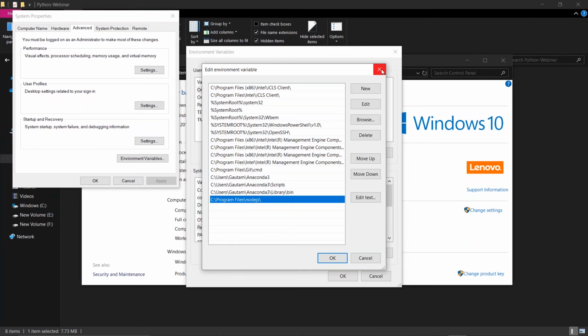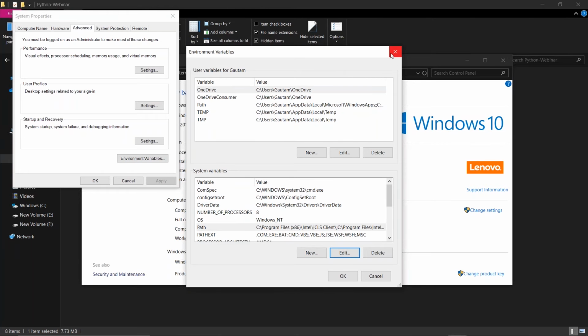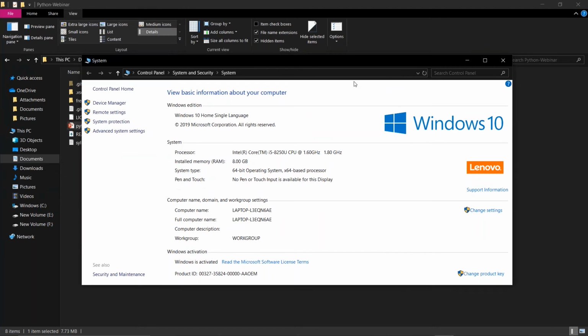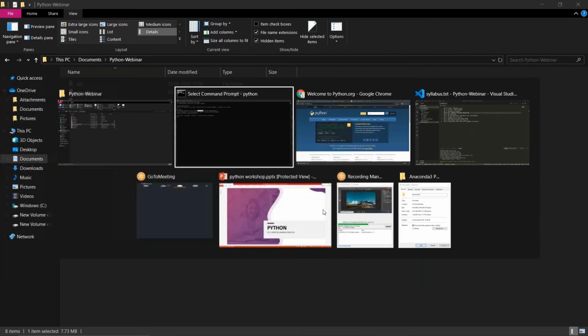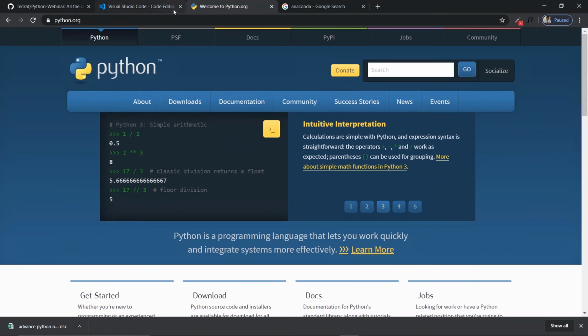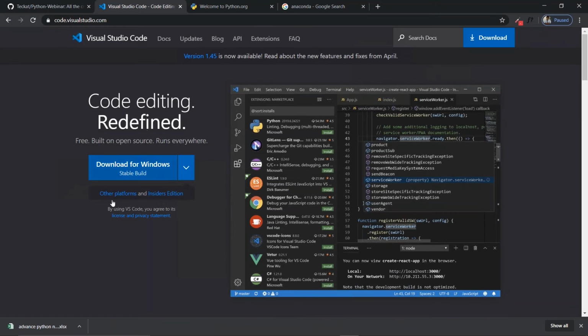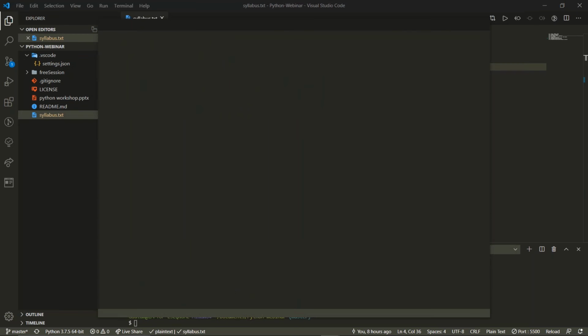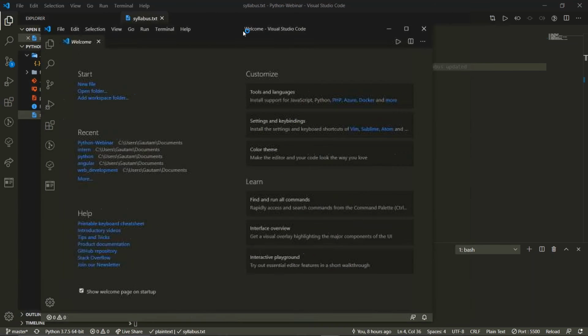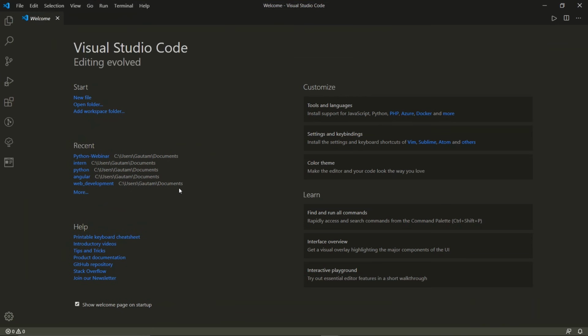After setting this, we will be installing VS Code. We will be installing VS Code right over here. This is the VS Code. After installing it, something like this will open. This is not the actual view. Let me show you in a new window how you will be seeing VS Code. The view will be like this for you all.